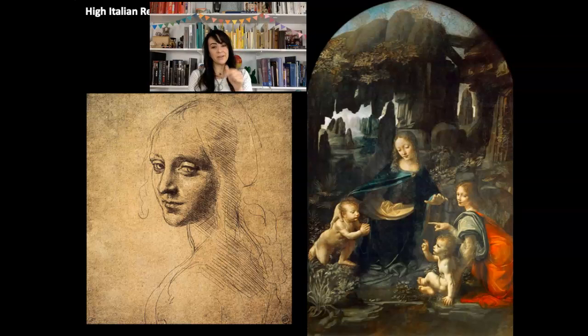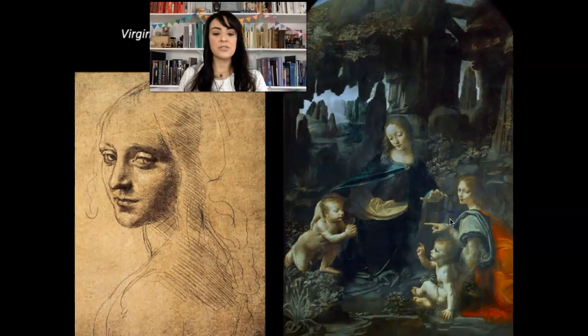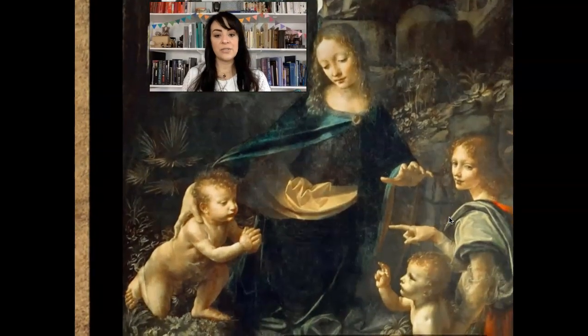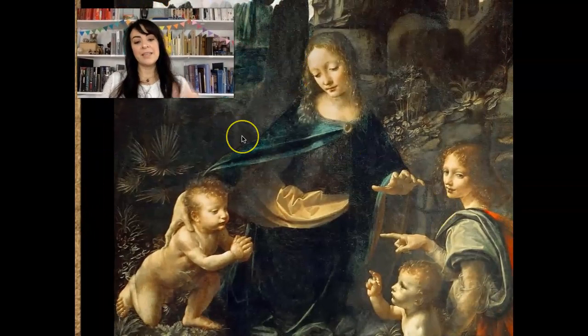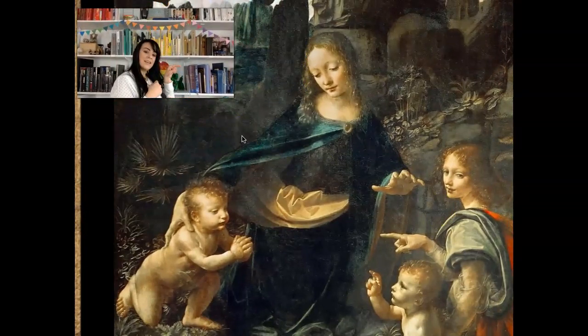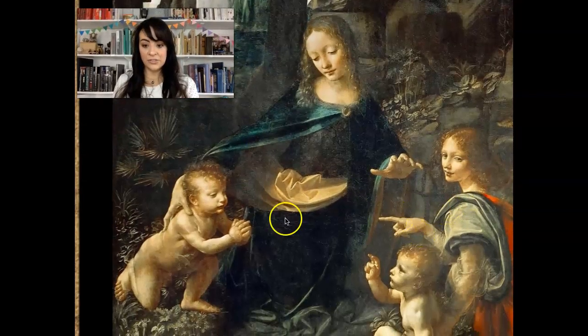I want you to be aware of that. When an artist makes a figure in the scene look out, it's a way to call your attention and pull you in. So we are visually pulled into this space through the angel. And then, what is the angel's gesture? What do you see happening here? The angel is pulling you in and then is saying, look. And that gesture of the hand, we immediately follow it. Our eye will then follow that gesture down.